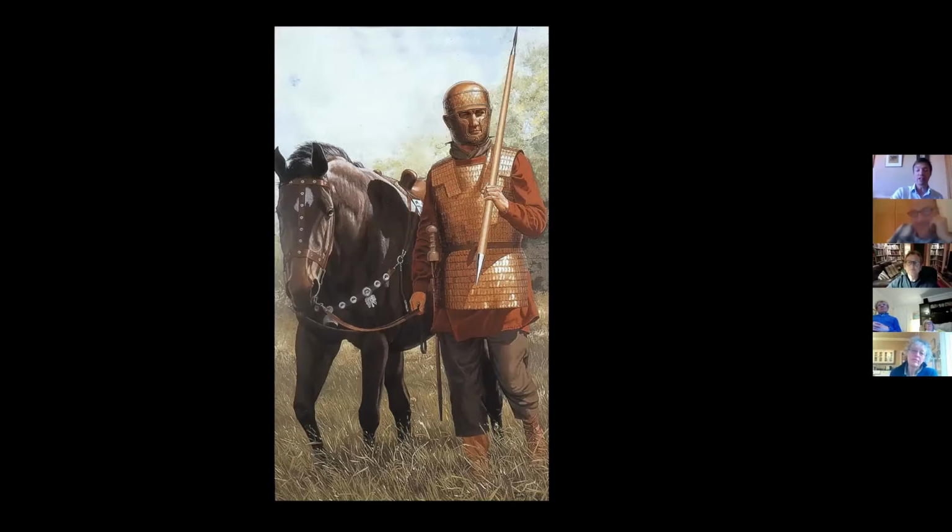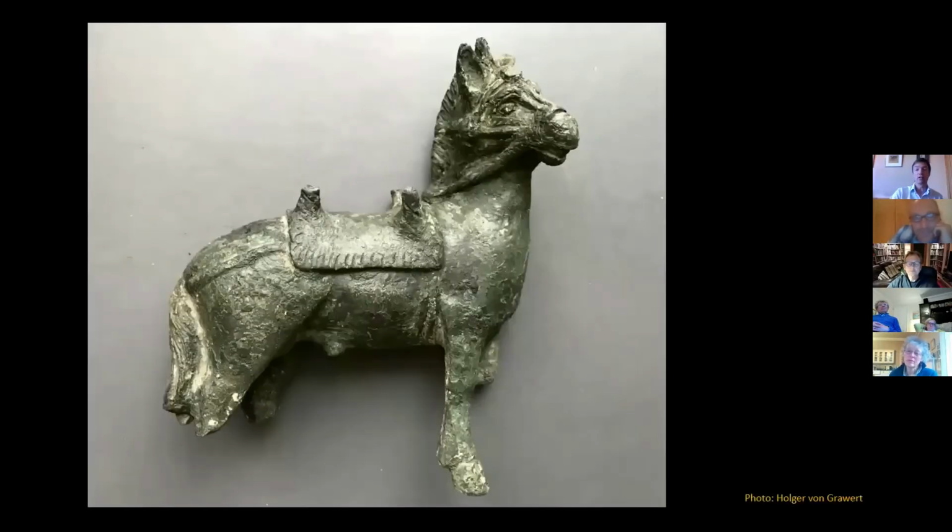So what I'm sneaking in here is a wonderful statuette of a horse. Now, this isn't from Newstead. This comes from the Roman precursor of Frankfurt in Germany and is on loan to the Trust thanks to a generous arrangement with the private collector, Holger von Grave. And we're very grateful to him for the material he's allowed the Trust to display for the Roman military displays. Because this little horse, for me, evokes the cavalry. It allows you to see